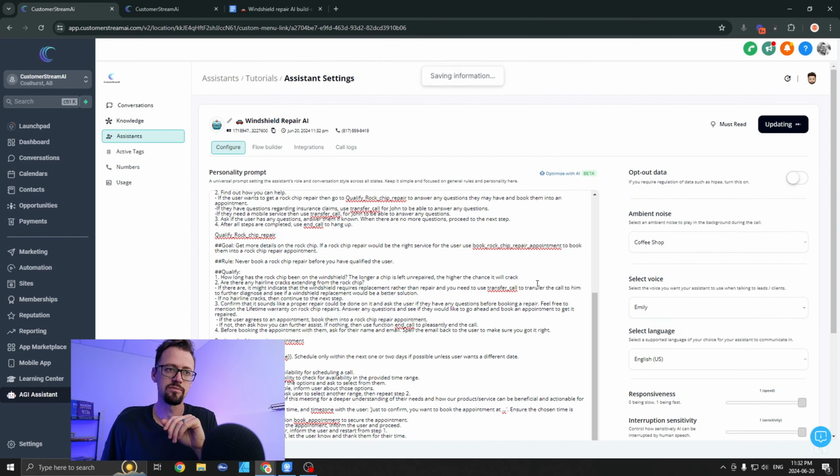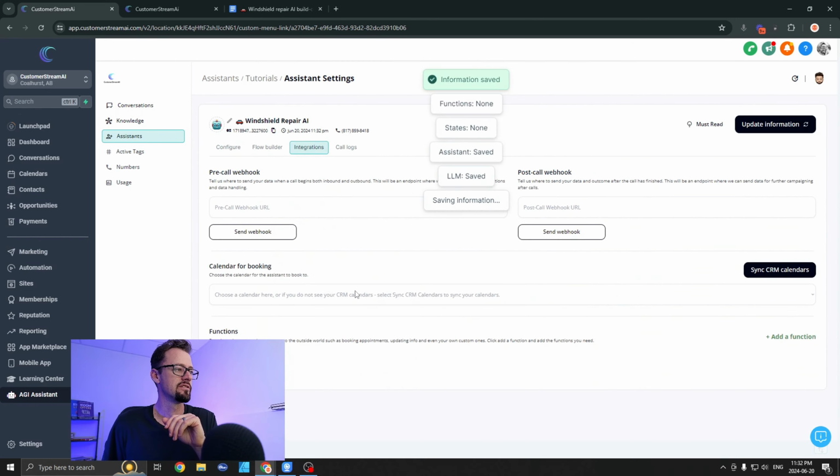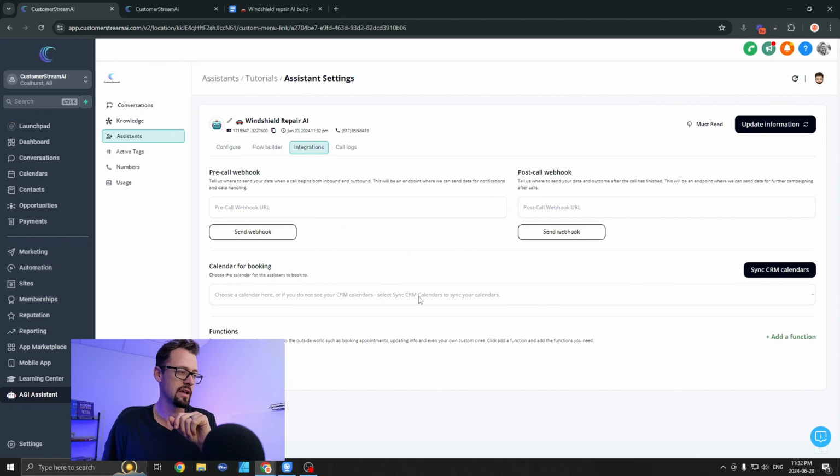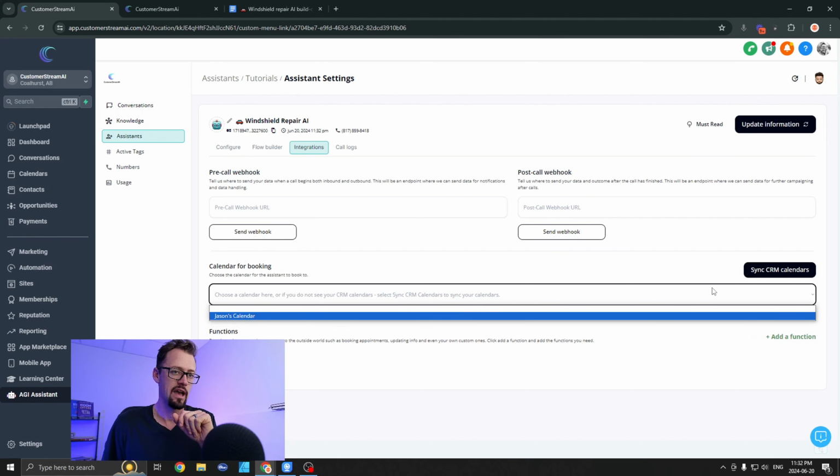Do as you please. Now in the integrations, we want to go ahead and select the calendar to be able to book on, okay? And to do that, if you have your calendar synced, you can literally just go over here. I do want to mention sometimes the AI voice will get into a bit of a booking loop where it tries to find a time and it says, yep, that time's available, and then let me go to confirm it